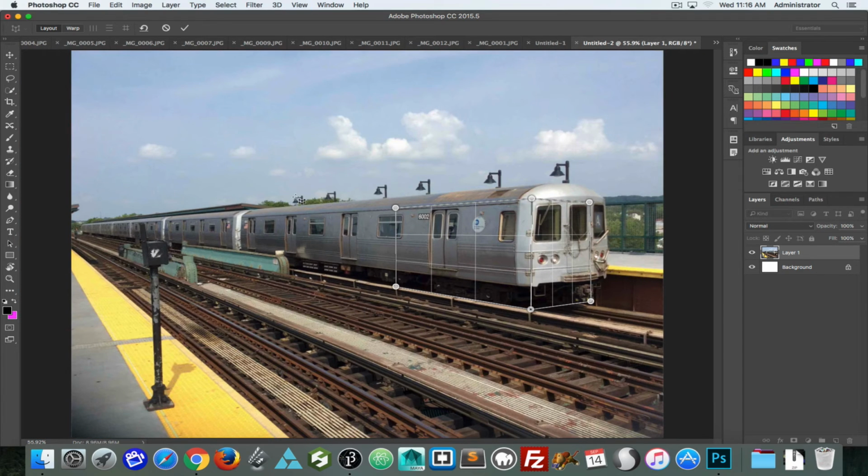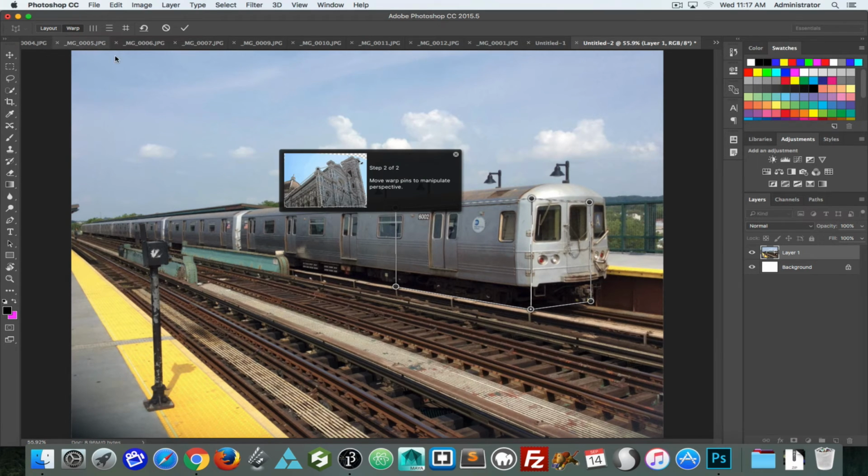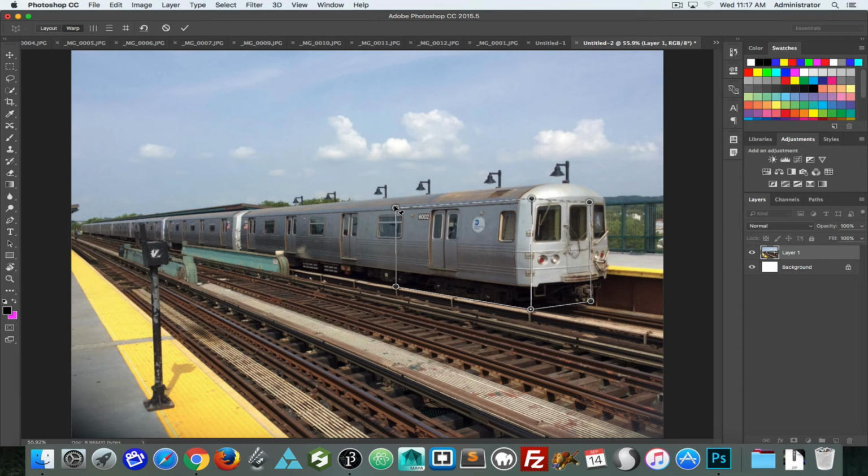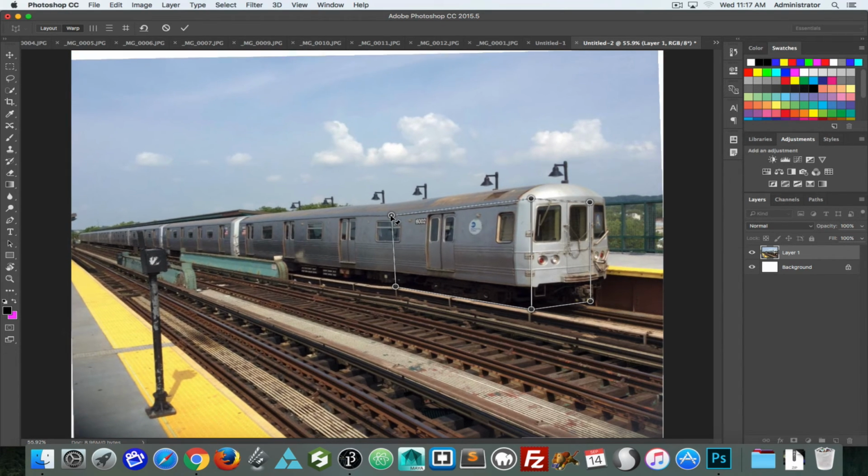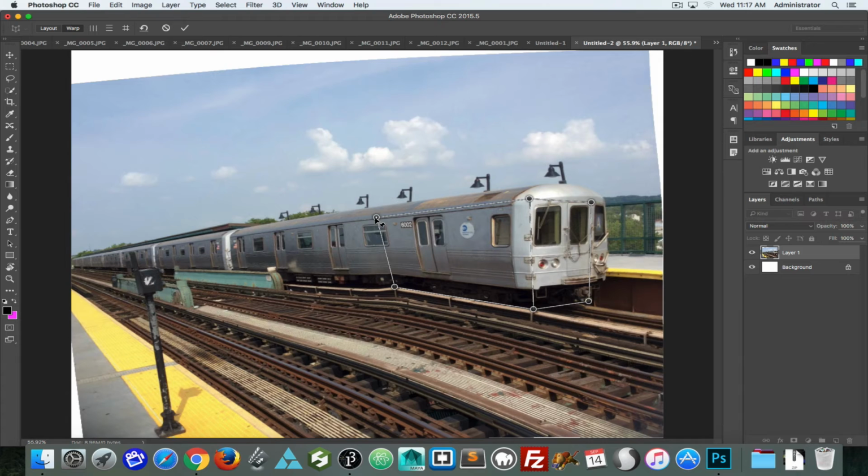I don't have to go all the way down to the back end. Because once I have this, then I can modify it. So now I click over to warp, and now we can watch the little animation here. It says move the pins to manipulate my perspective. Okay, cool. So now if I pull this down, we'll see how